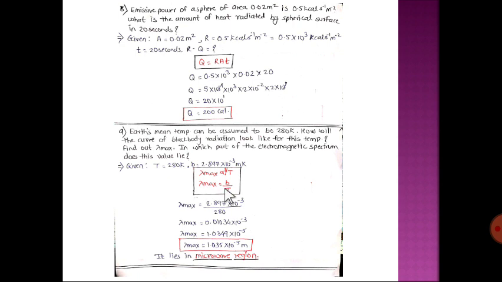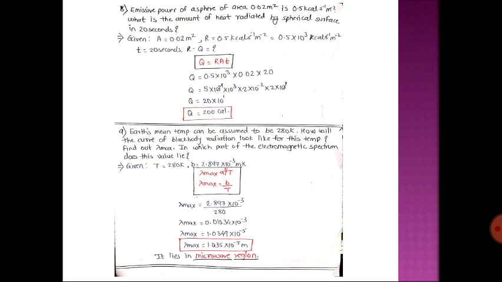Which law is this? Wien's displacement law, which is lambda max is inversely proportional to T, in which we have seen the spectral distribution, and by using that spectral distribution you can decide the region, either it is visible, ultraviolet, microwave region. You can decide by using the graphical representation. So let us see what the numerical is here.